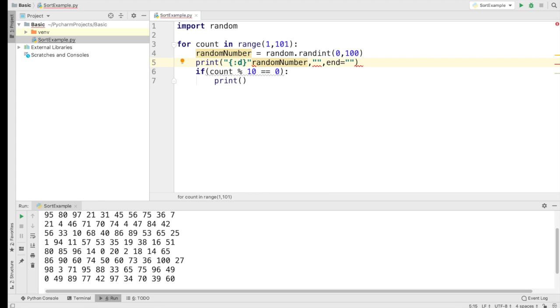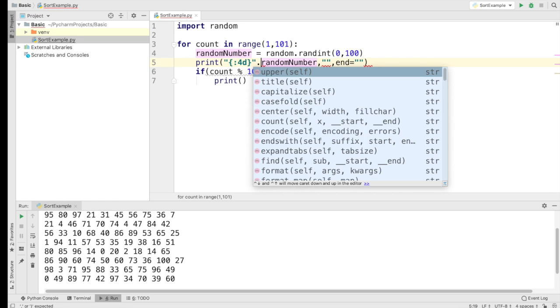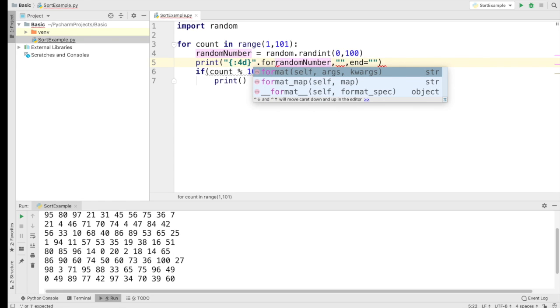If it is 100, that occupies 3 spaces, and I want 1 more space. But if it is a 9, I want 3 spaces and a 9. So I'm saying put 4 spaces for this decimal number. That's my format specifier, and then I put a dot, I say format,